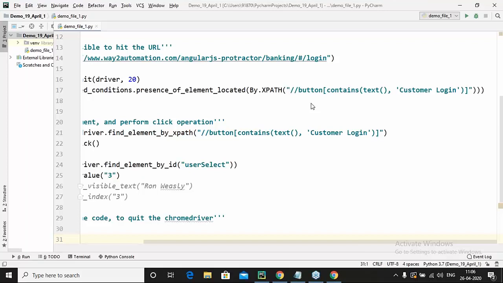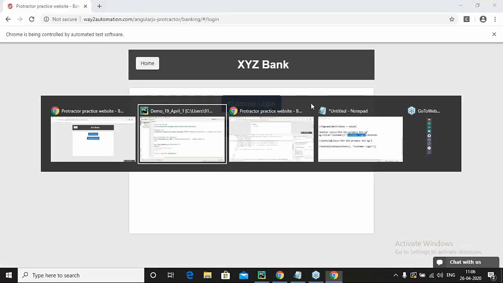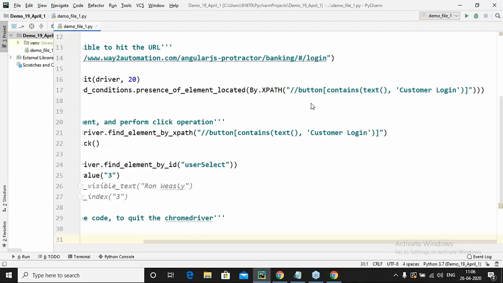Can you comment line 17? Commenting line 17 will not be a solution. Let me try to correct it. Yeah, explicit wait operates on particular conditions. Correct.